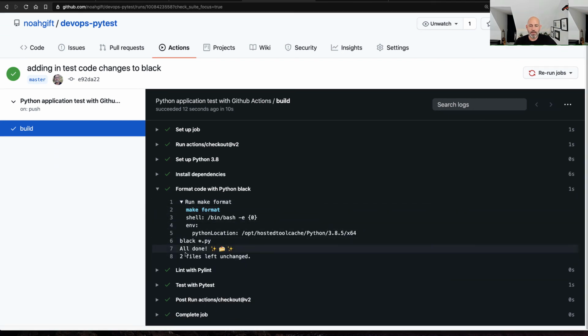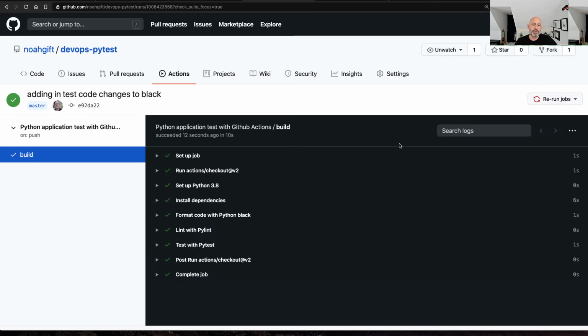all of the code inside of here has been successfully formatted using the Python black tool. So really, we've got a pretty good setup here. This is, I would say, a high quality professional version of doing continuous integration. The only piece that we're missing would be if we wanted to deploy the code somewhere automatically, how would we